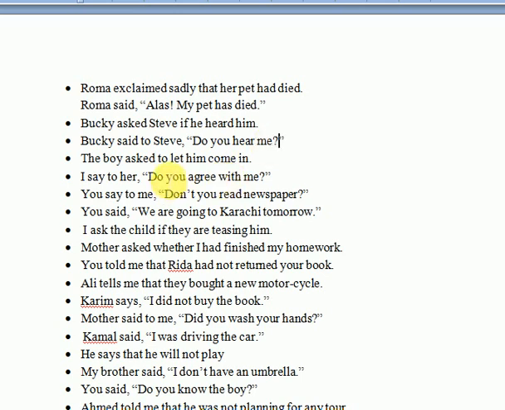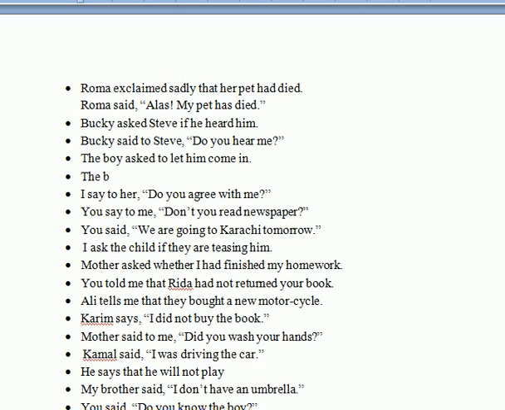The boy asked to let him come in. So this is imperative, and we will apply the rules of imperative sentences. The boy said. To is working as a conjunction, which suggests that this is an imperative sentence, and this would start with let me come in, because the formation of the imperative sentences is that most of the time they start with some verb, and that suggests that this is the imperative sentence. So this would be, the boy said let me come in.